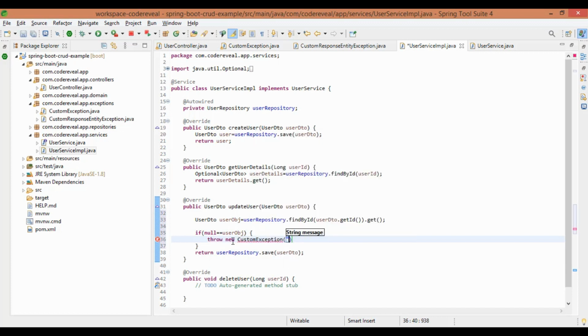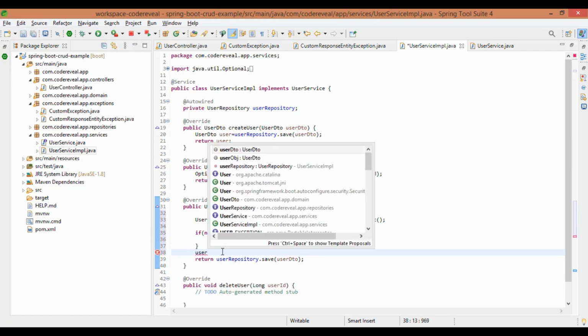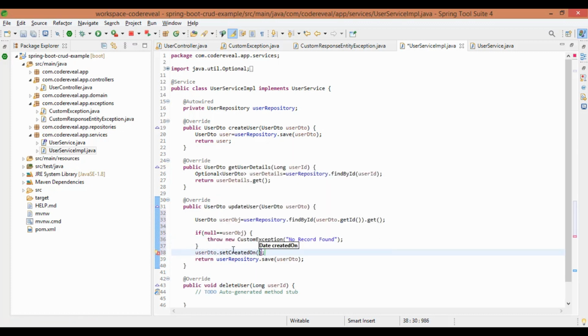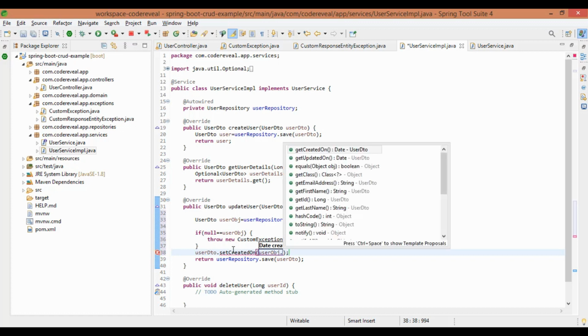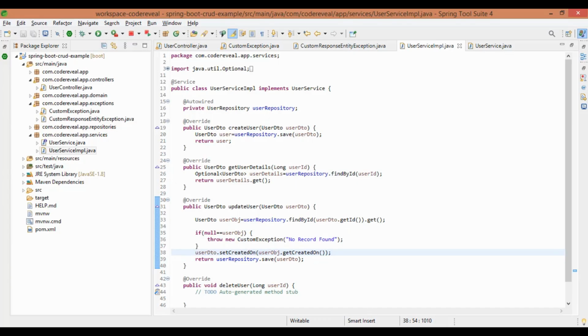So here if it's null, it will throw a custom exception. Otherwise we will set the create date. Okay, so the rest of the code is fine. Let's add it in the try catch block.